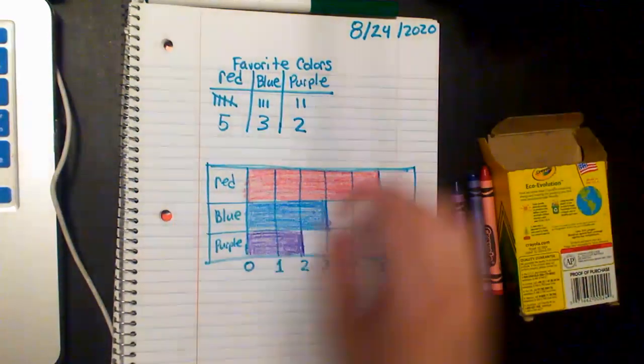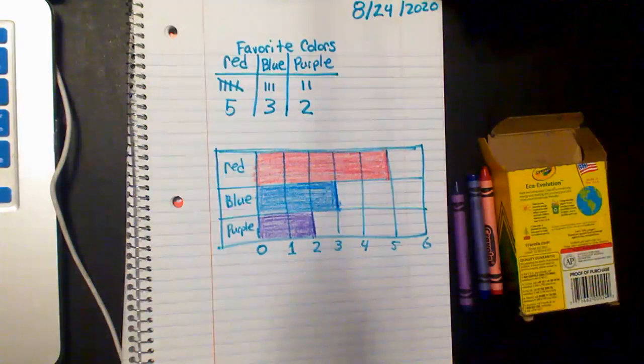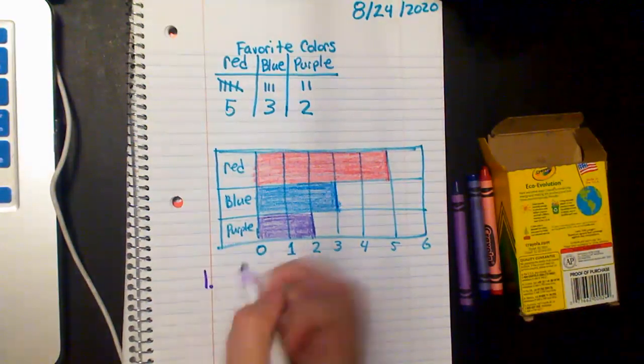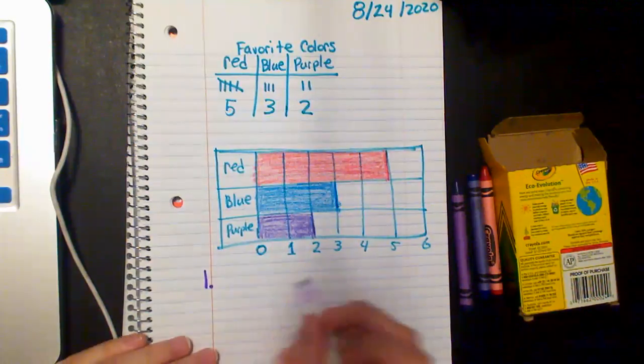So now what we're going to do is we're going to answer some questions about our graph. So I'm going to get another marker. So question number 1 about our graph. Let's see. So first question is, for these ones, we're going to do true and false. Okay. So for the first question, I'm going to ask,